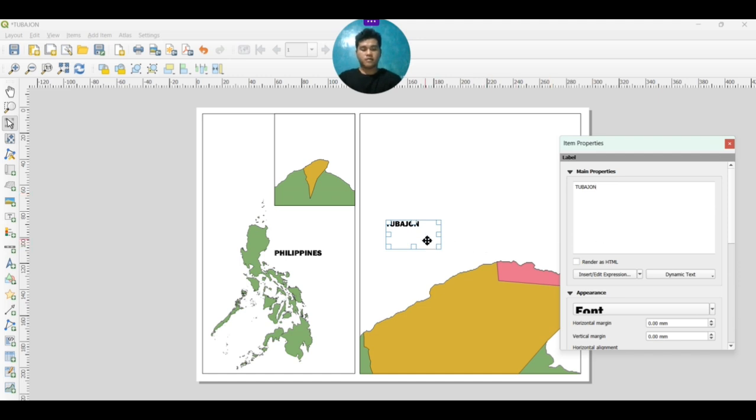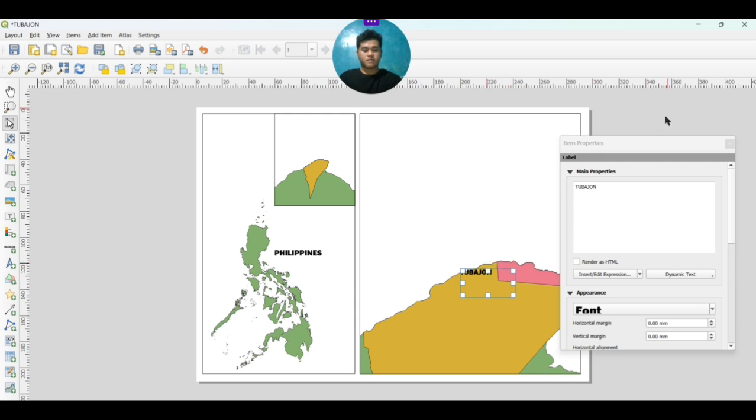So here we have the Tubahon, and then we just move it here. Then we want to adjust the font size so it becomes bigger.